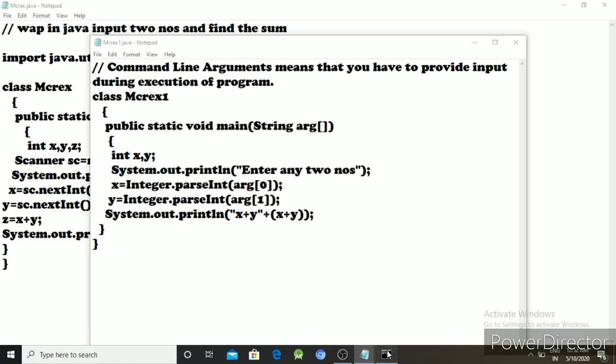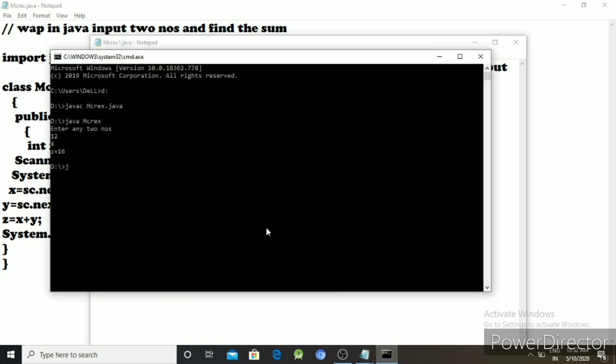Okay, again compile: javac mcr ex1.java, compile.